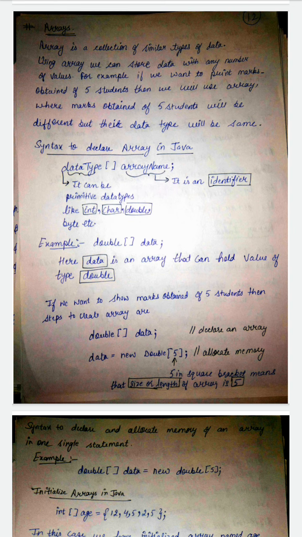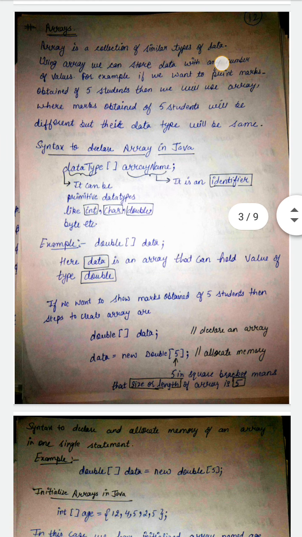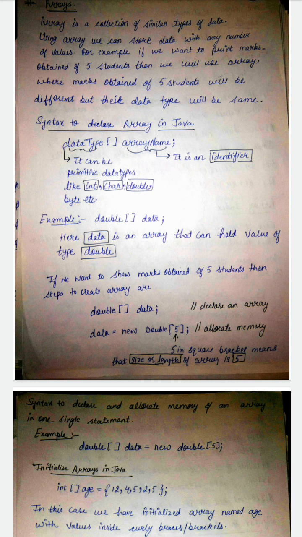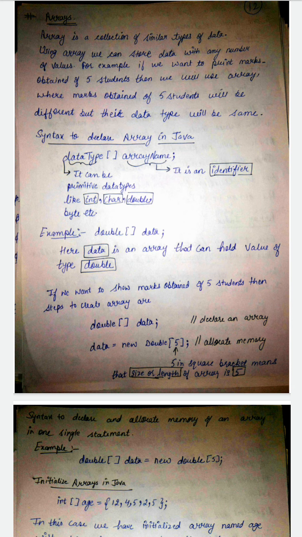An array is a collection of similar types of data. What does similar type of data mean? It means it will consist of data of the same data type only. If you are looking for integer type values only, then in one array there will be values of integer type only. You cannot take data like integer, char, float together. So an array is a collection of similar types of data only, which means their data type will be the same.